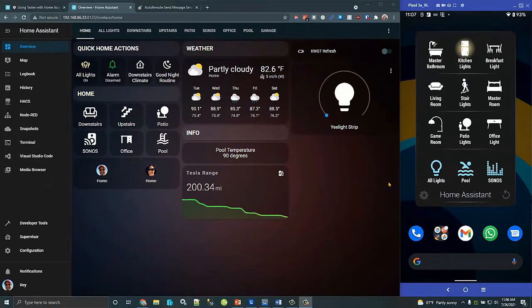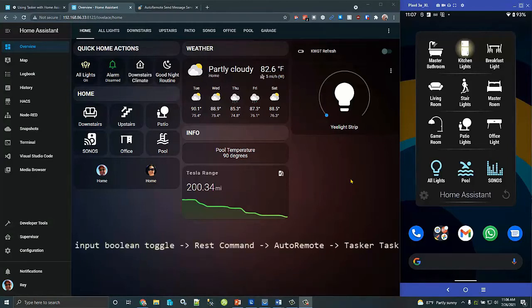The next thing that we want to do is create this input boolean that you see here, that I have already created. Why do we need an input boolean? Basically, if I have any device that changes state, let's say from on to off or off to on, I want to toggle that. Why do I want to do that? Because if I switch something physically and turn it on, I want this boolean to change, and then that's going to issue a rest command that is going to go to my phone. Then my phone is going to interpret that, and do whatever it needs to do. In this case, it's going to get the state of all my devices,